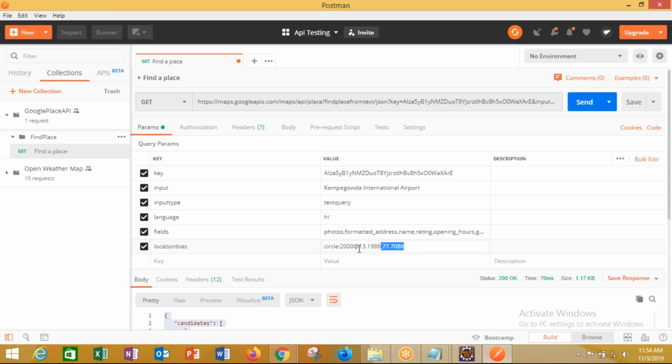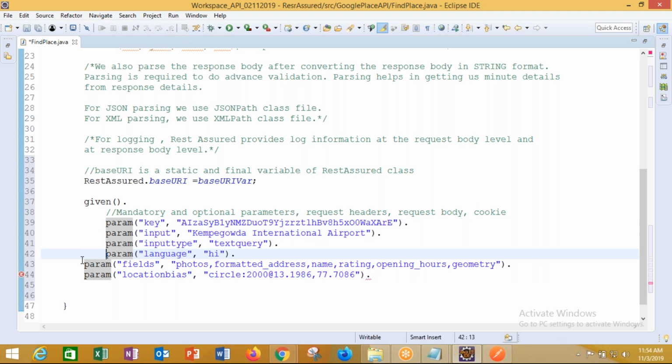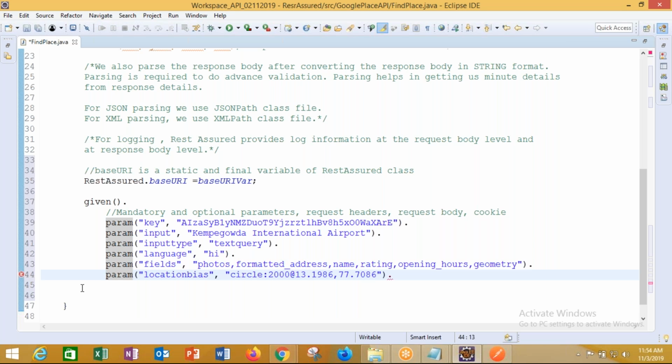Location bias is this. So all the mandatory optional parameters are given. There's no header, there's no request body, and there's no cookie. So all these parameters I'll give one step out here, one tab. You can understand these are part of your given. Request body is not there. It's a get product request, headers are not there, cookies are not there. Okay, base URI we have defined out here. So given is done, and then when,